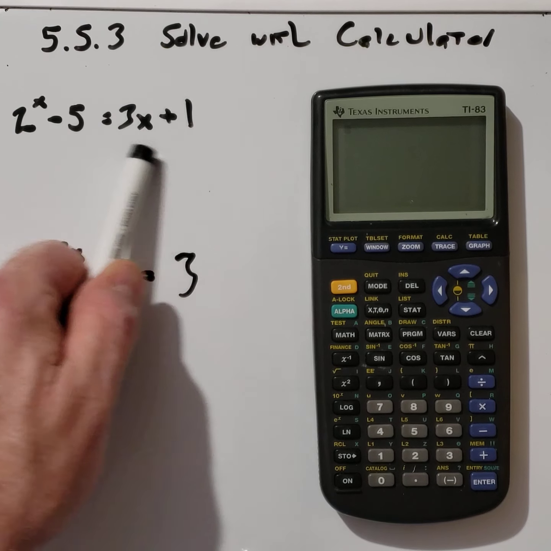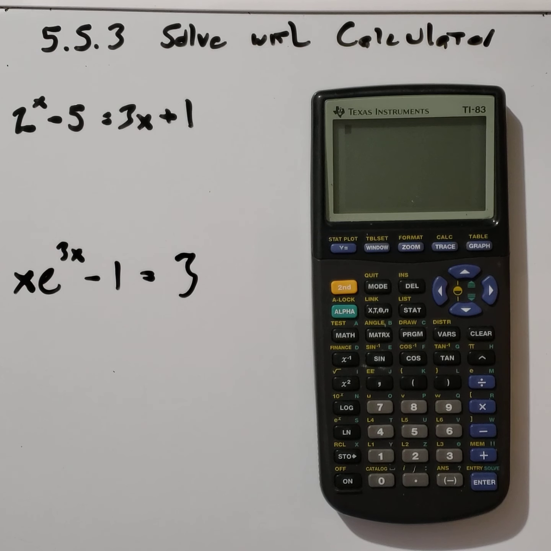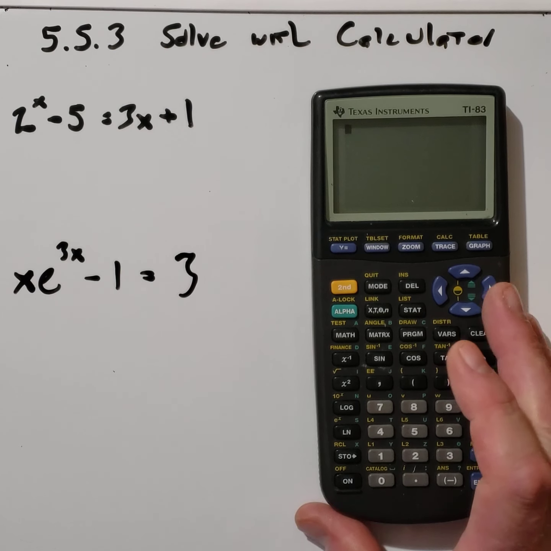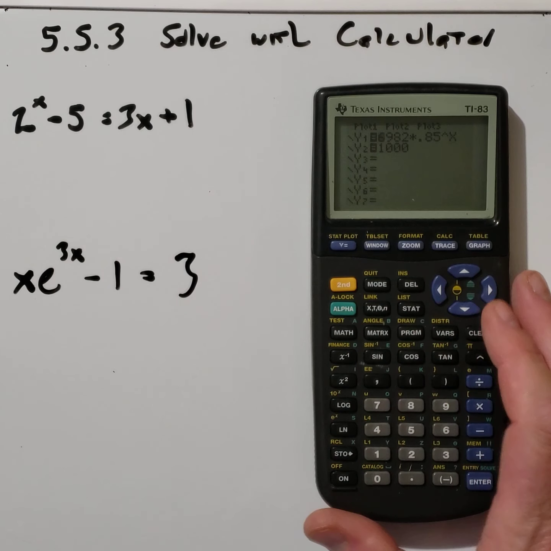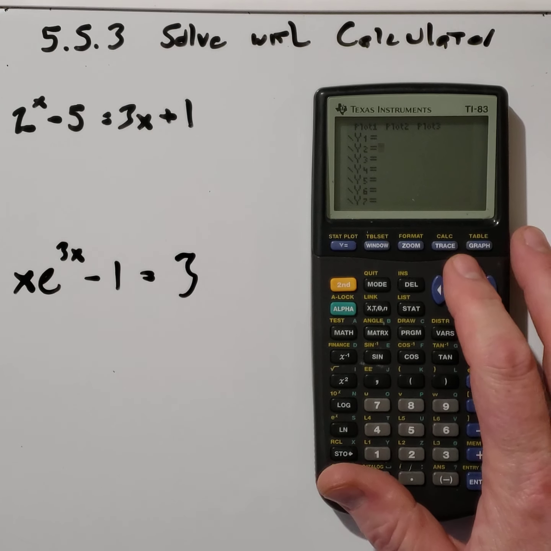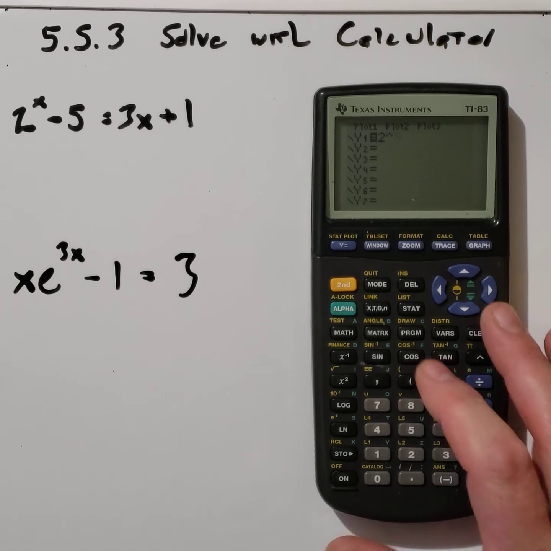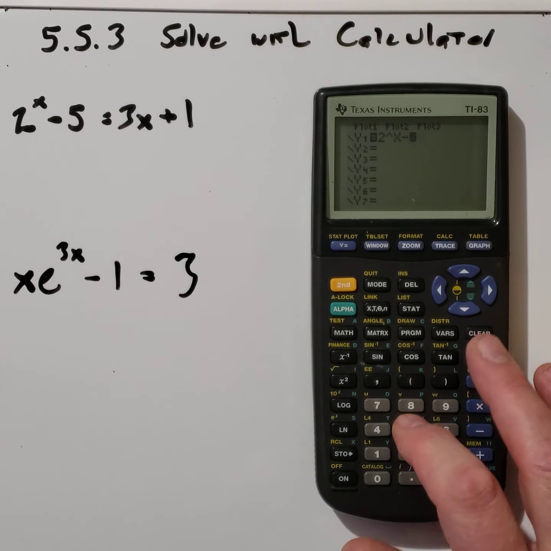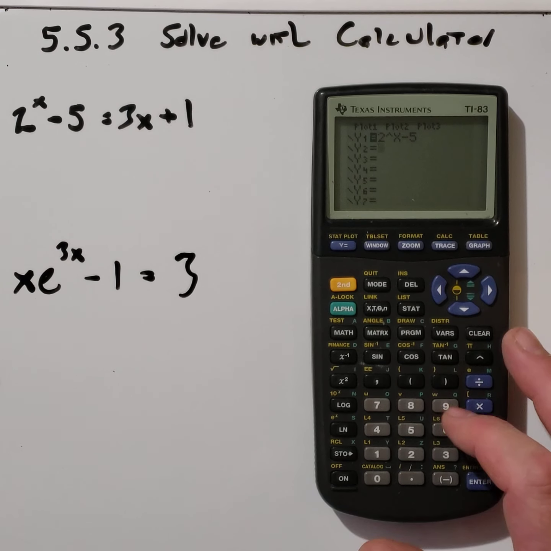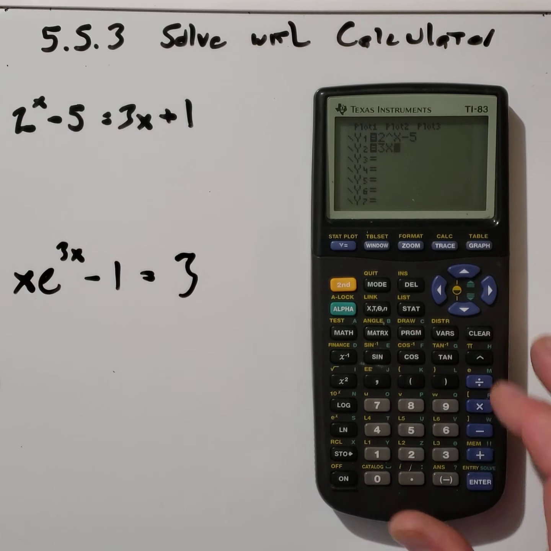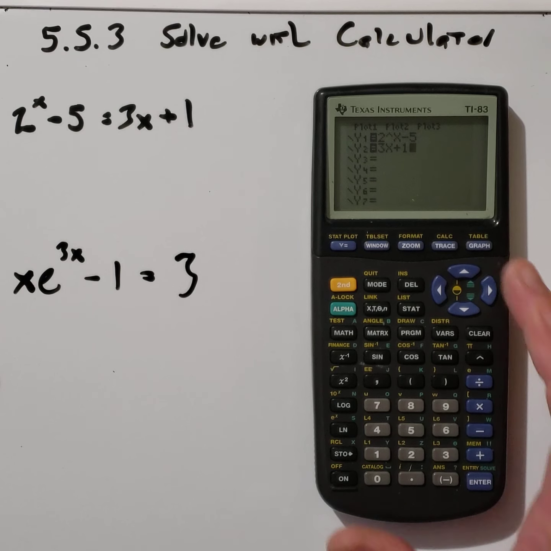If we get an equation that we have no way to solve by hand, such as this one, we can always solve it by popping it into the calculator. So for y1, I'm going to put 2 to the x minus 5. And then for y2, 3x plus 1. And when you graph those,